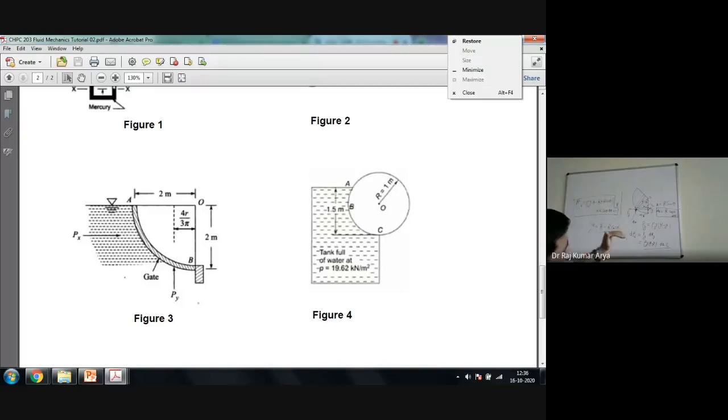So you have gone y distance up from here, this much. Calculate the corresponding pressure Py. So Py would be rho g times h minus y, simple. Now I need the vertical force. So the vertical force will act only on this much area, which is vertical to that. So this is your dx, and the length of the cylinder is L. So dx into L is the area. Now I just need dx. So dx I can calculate from here. This x would be r sine theta. So from there the dx would be r cos theta d theta. I just need y. So y would be calculated from here.